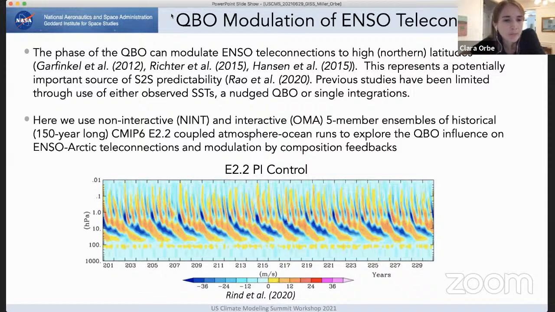But previous studies have been limited in a few respects. Either they've used observed SSTs, so perhaps they're not capturing some component of atmosphere-ocean coupling, which is important, or they've used a nudged QBO, so the QBO in effect can't respond interactively to changes in SSTs and parameterized convection. Or, and this is probably the most relevant point, they've used single integrations, which are relatively short, or smaller